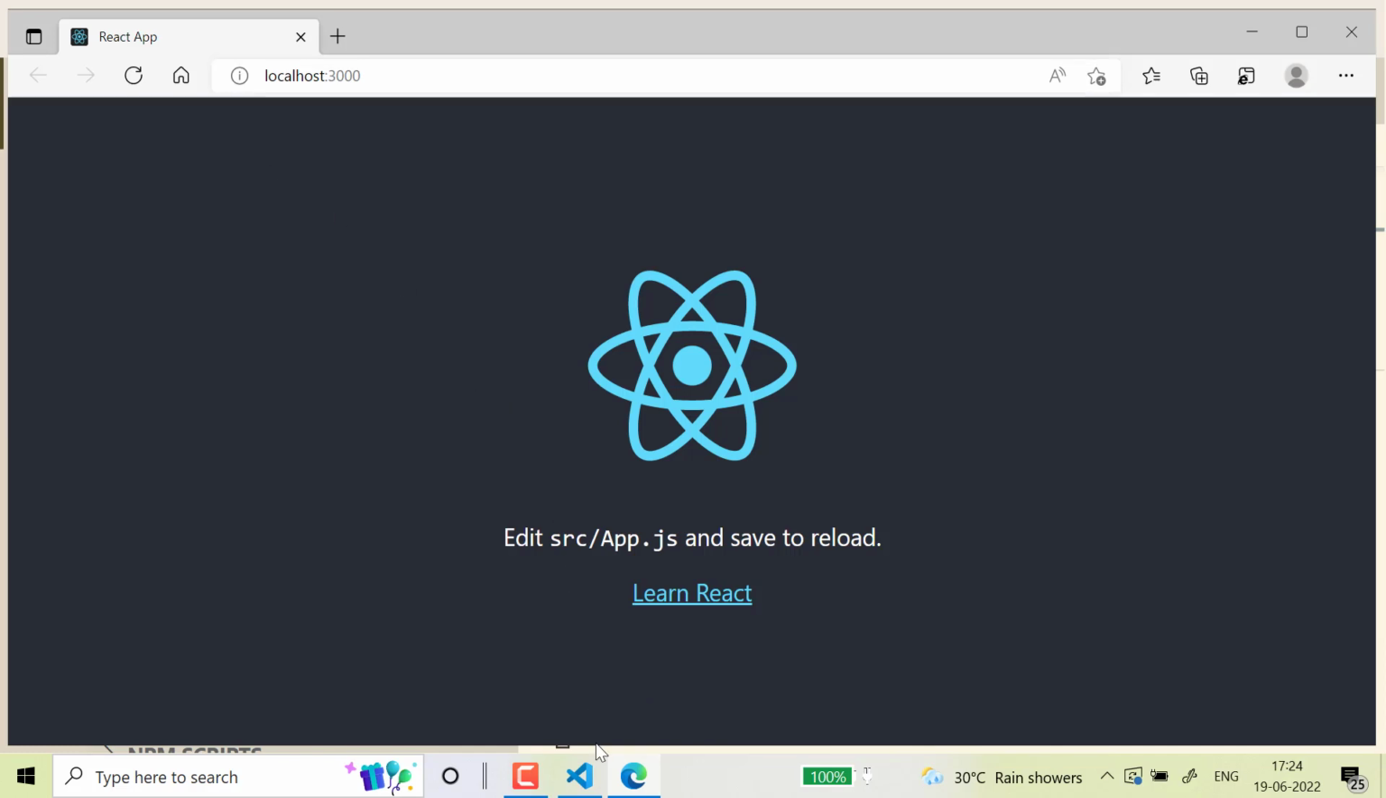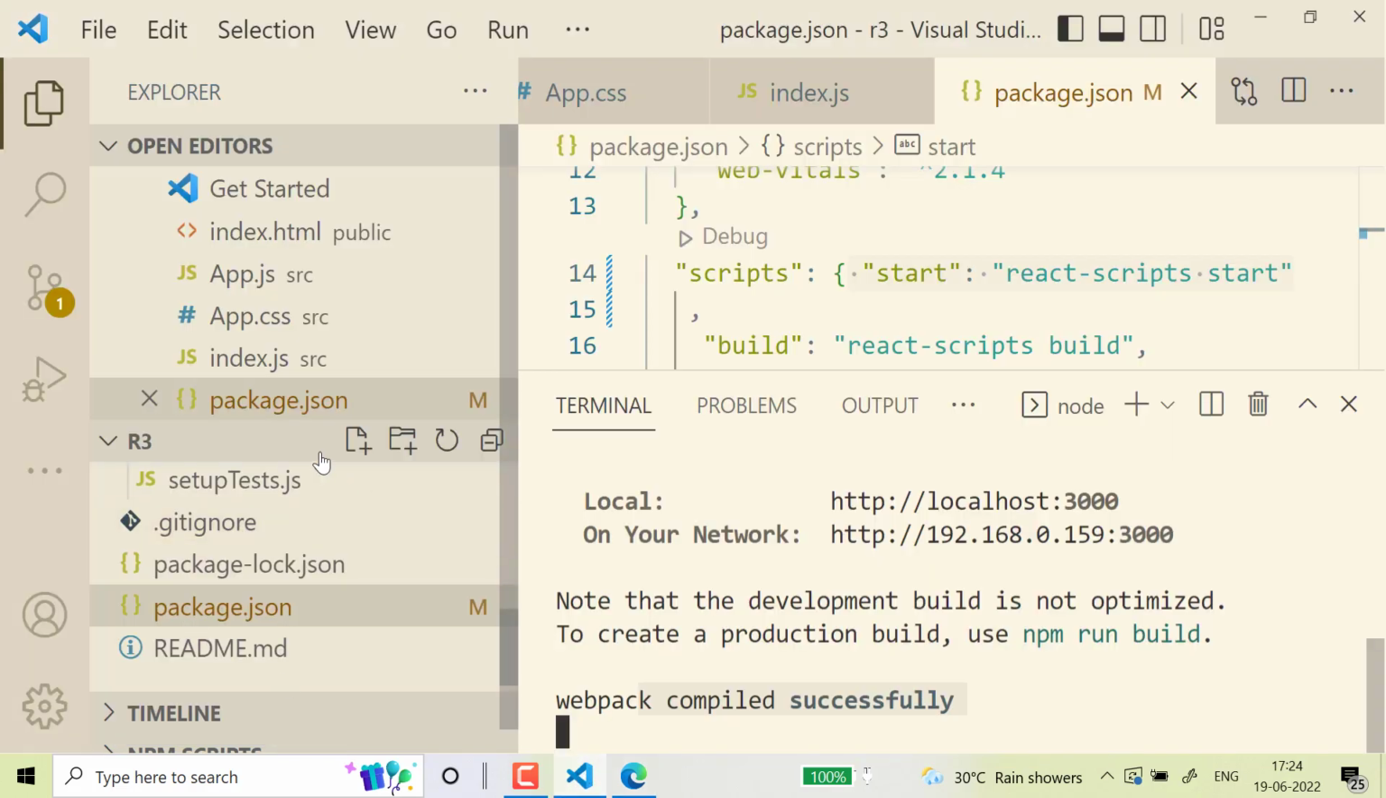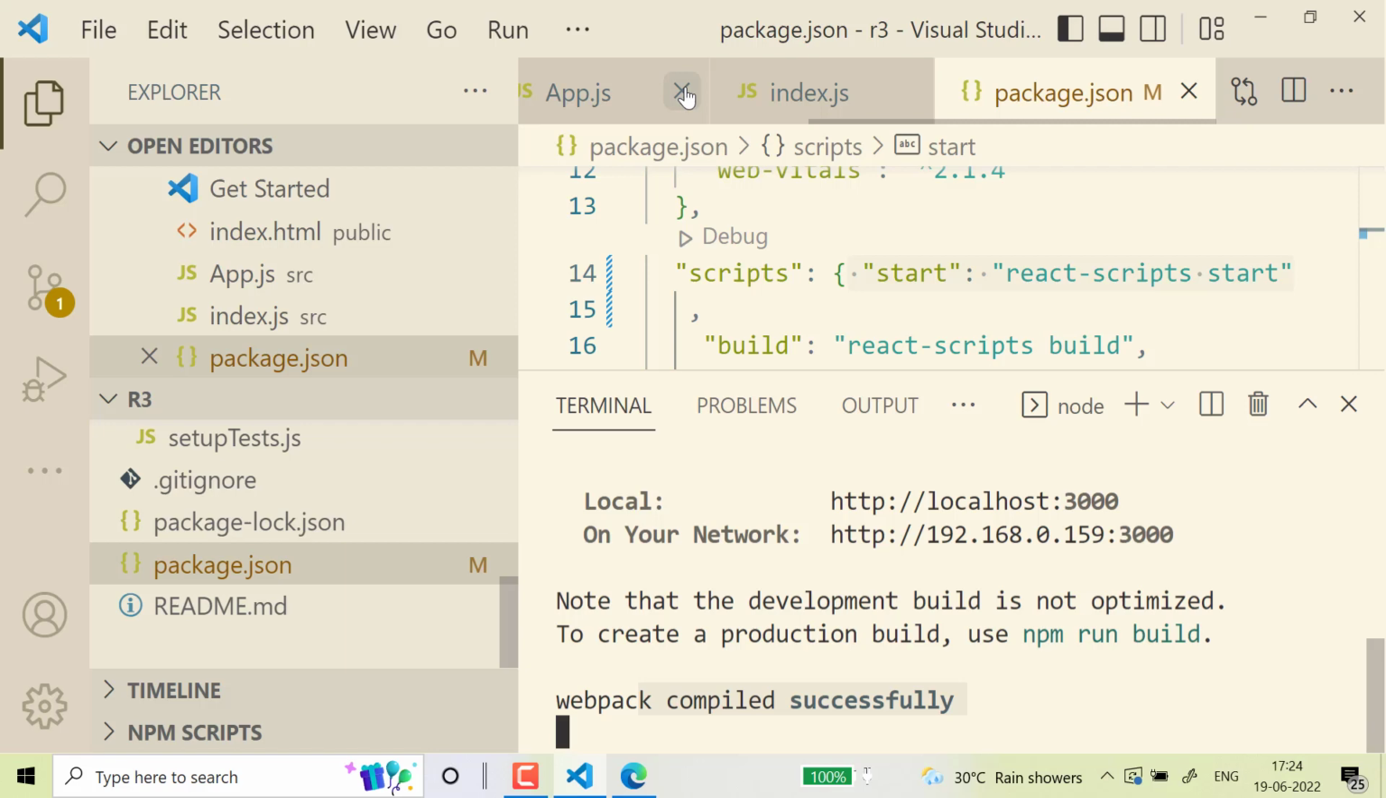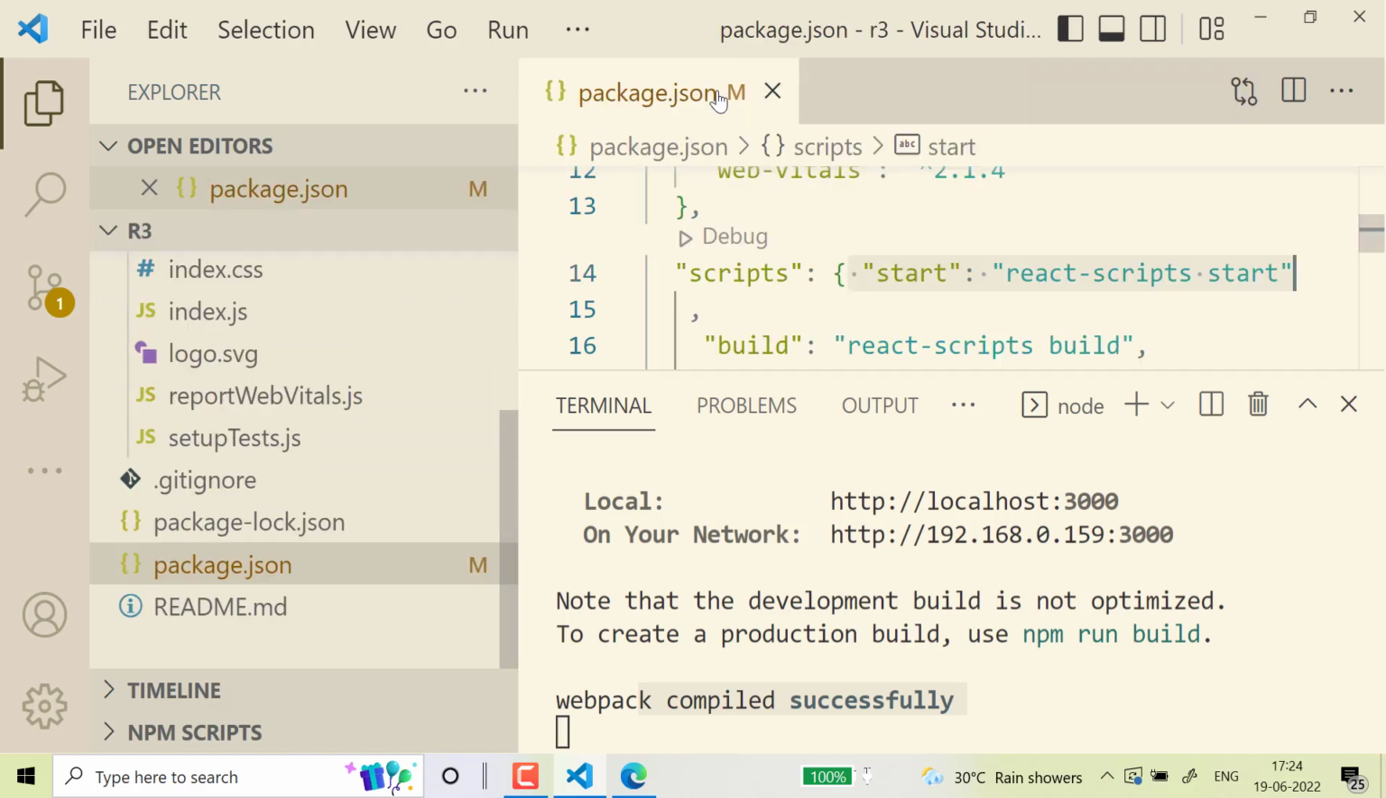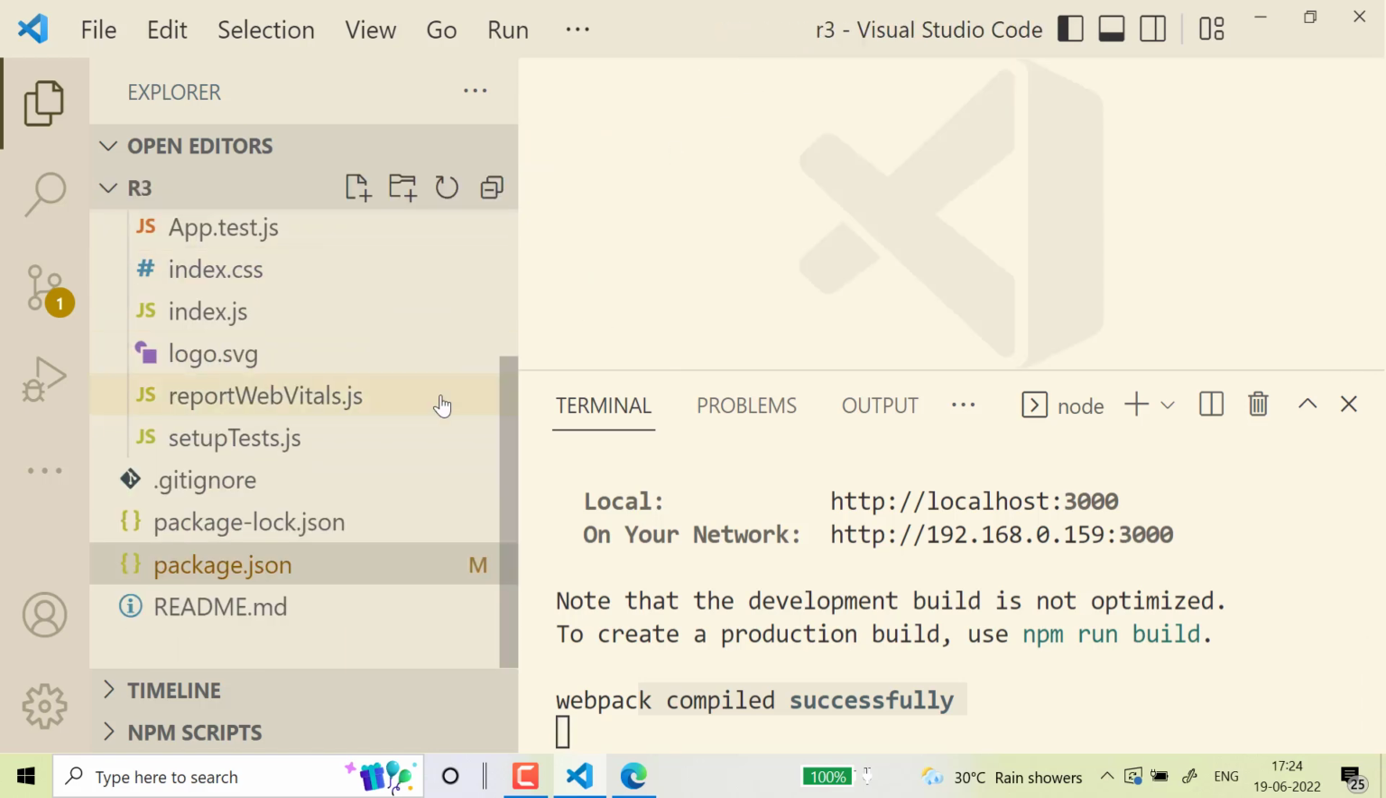So what I'll do now is create one component. And where do I create the components? The components have to be created in the src folder. I'll just close all the files which are open. Okay, and we go to the